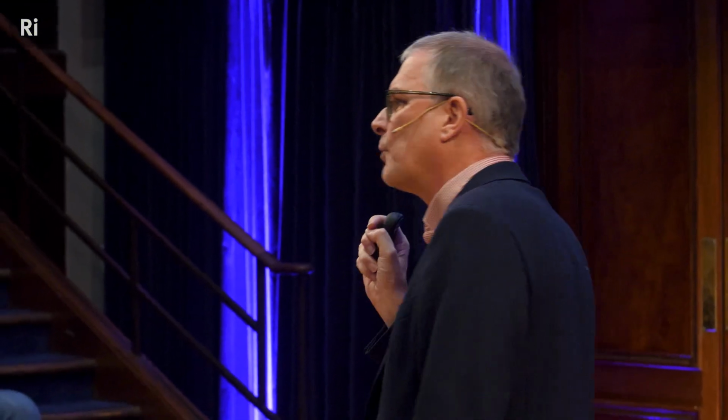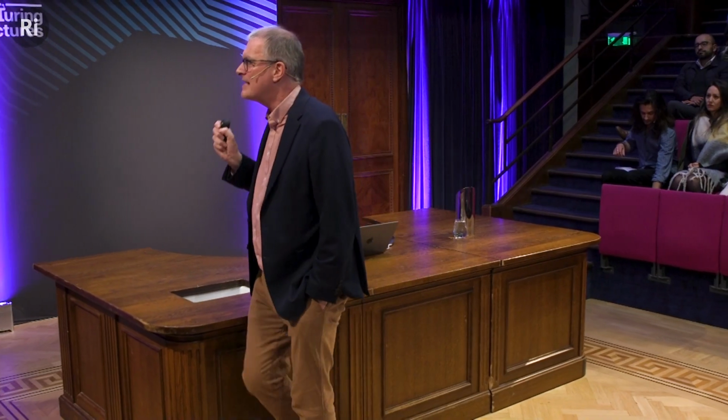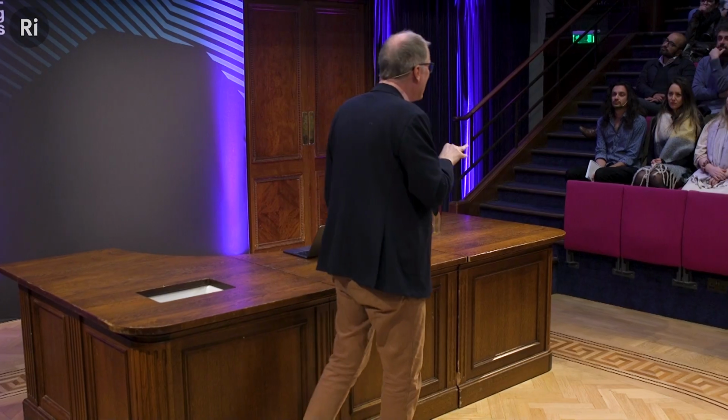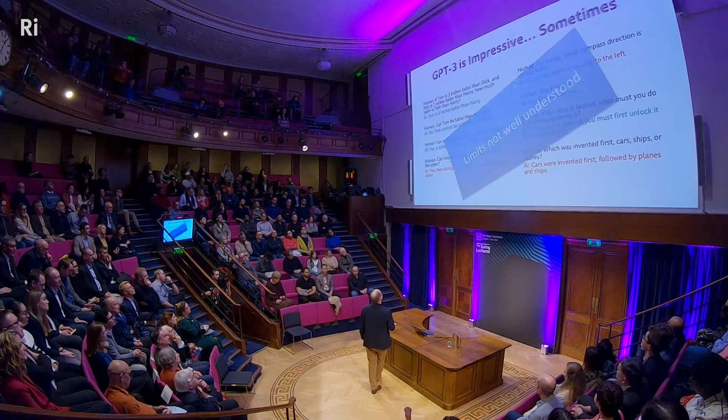So for AI researchers, the really interesting thing is not that it can give me a one-paragraph summary of the life and achievements of Winston Churchill. And actually, you can Google that in any case. The really interesting thing is what we call emergent capabilities. Emergent capabilities are capabilities that the system has, but that we didn't design it to have. And so there's an enormous body of work going on now trying to map out exactly what those capabilities are. And we're going to come back and talk about some of them later on.